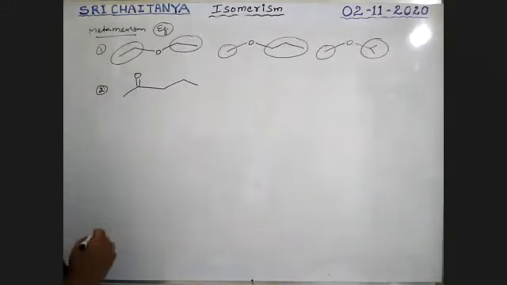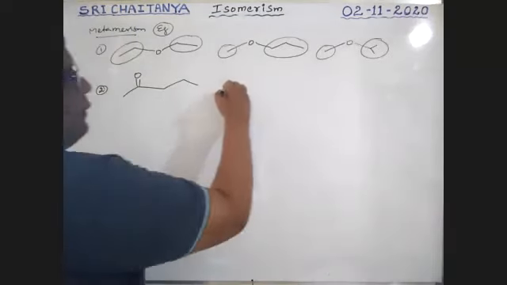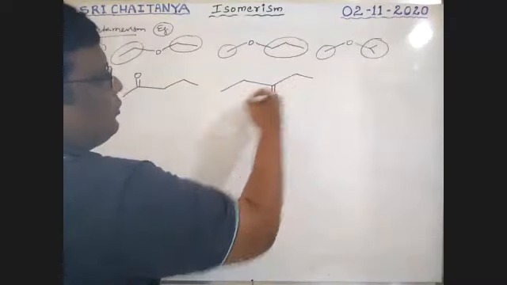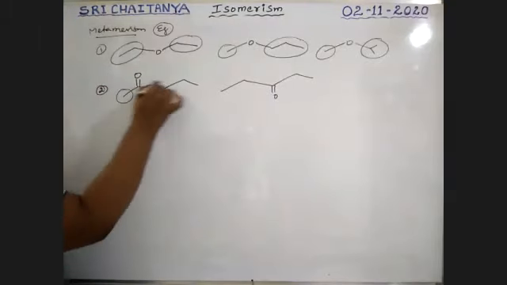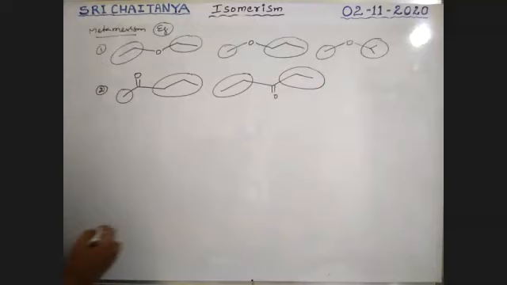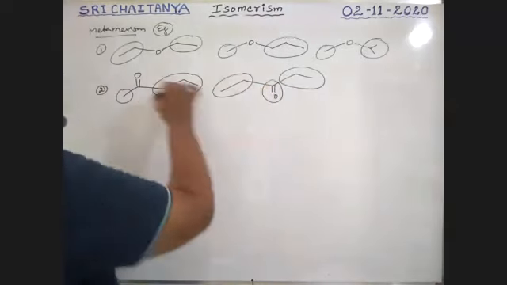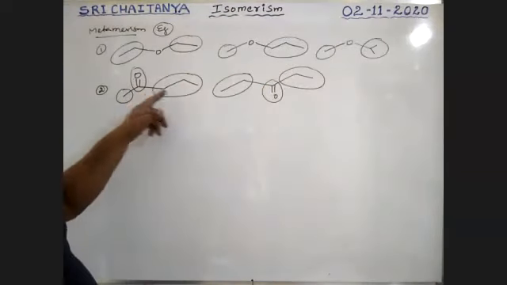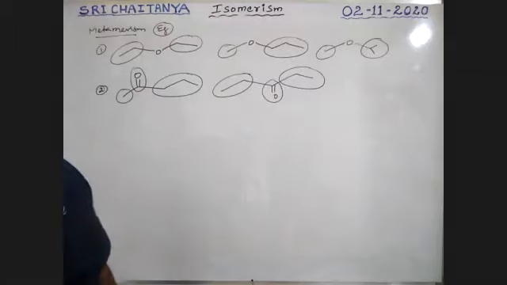It is a double bond. It is a triple bond. It is methyl, it is propyl. It is ethyl, it is ethyl. Okay, these two are metamers, boys. So this is the functional group. This is the functional group. The functional group is the same, the attached alkyl groups are different, boys.